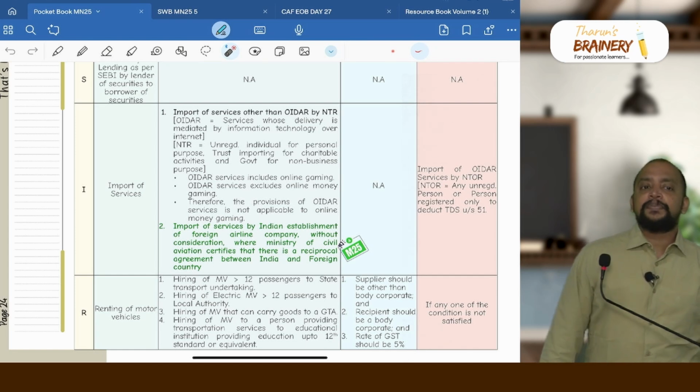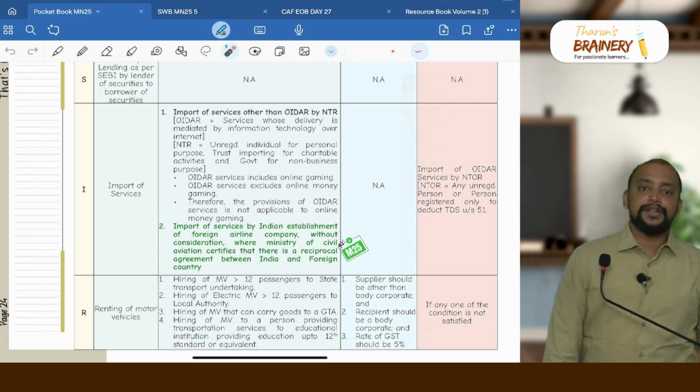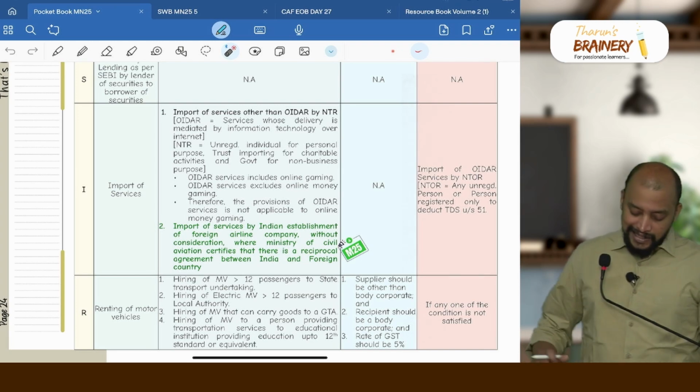Who is a non-taxable online recipient? Any unregistered person importing the services, or a registered person who is registered only for the purpose of deducting TDS. Then